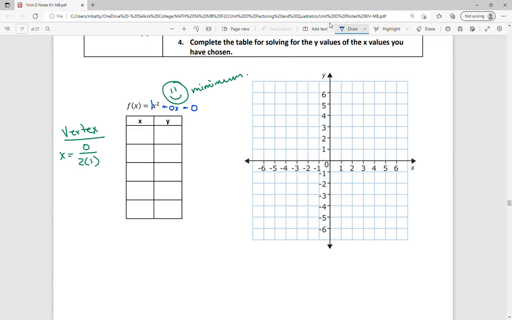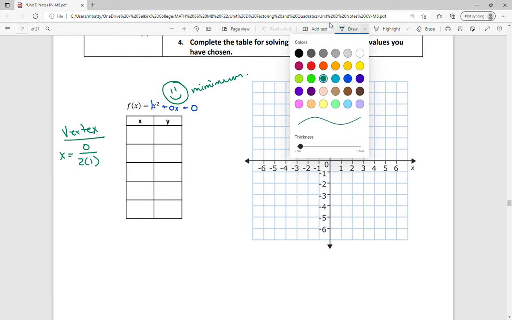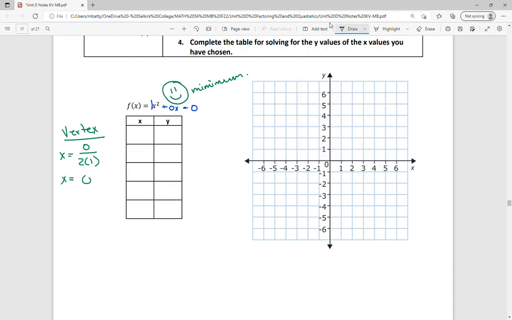So subbing into the vertex formula of negative b over 2a, this is what I get, which really just means that my vertex is going to be 0. Not undefined. This is 0 divided by a number. It's 0, right? So my vertex is 0. Or technically, the x of my vertex is 0. So I can figure out the other part of my vertex, right? I could figure out the y value here, or I could also then go on and just fill out my